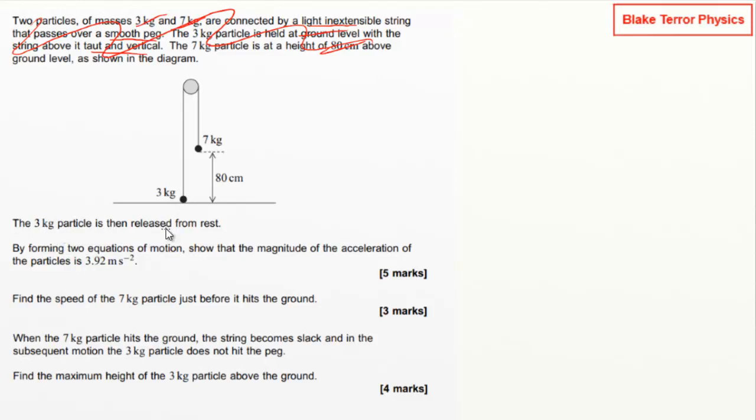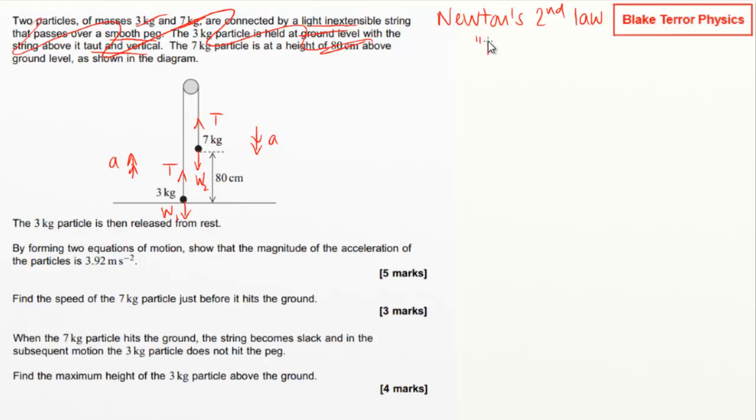The 3 kilogram particle is then released from rest. By forming two equations of motion, show that the magnitude of the acceleration is that. Okay, so we've got tension going up in both of those for each particle, and then we've got the weight coming down for each one. We know that they're 3g and 7g, but it saves me having to draw out the diagram again. We'll have a going up there, a going down there, because that's clearly the way they're going to move. And then we're going to use Newton's second law,